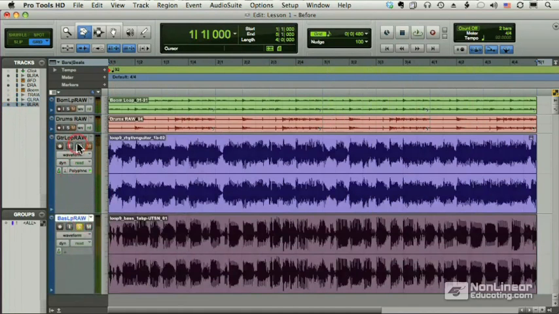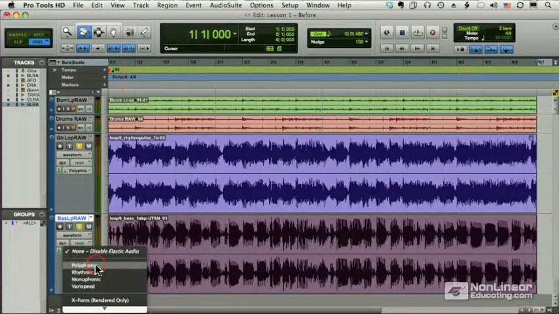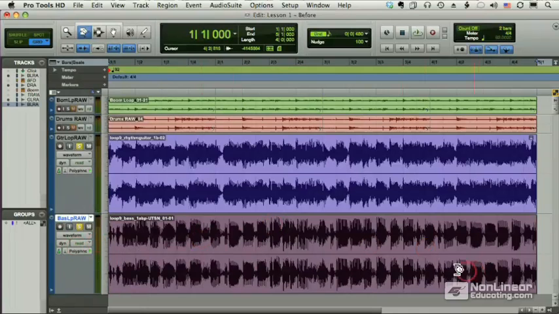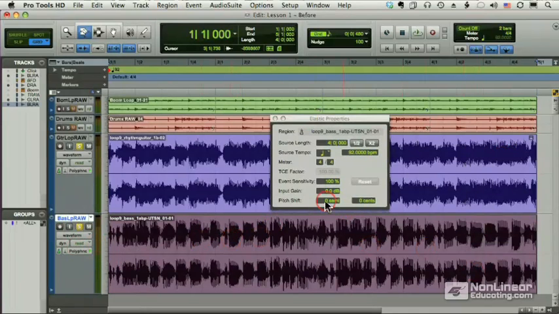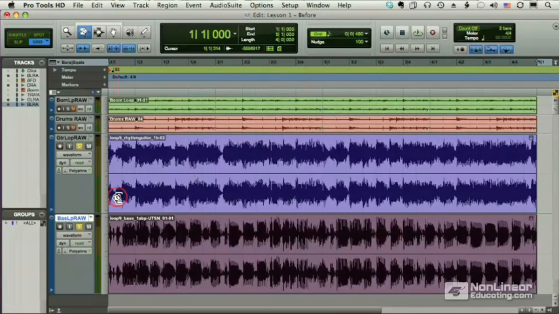Now the bass is aligned with my 4th measure, but when I play it, something is wrong. It's in the wrong key. So, thank goodness Elastic Audio is here to rescue us. We simply put it in polyphonic Elastic Audio mode, and we tell Elastic Audio to raise the pitch of this bass by 2 semitones or 1 whole note. That's all there is to it. And now,